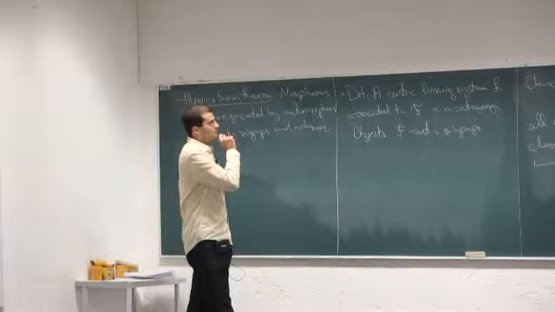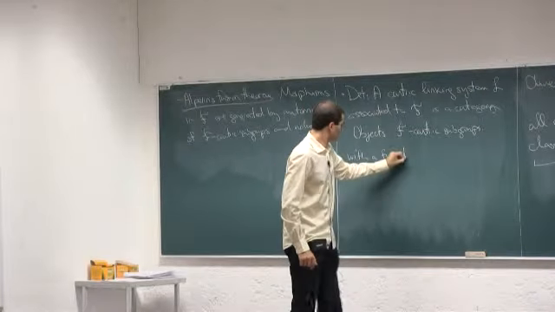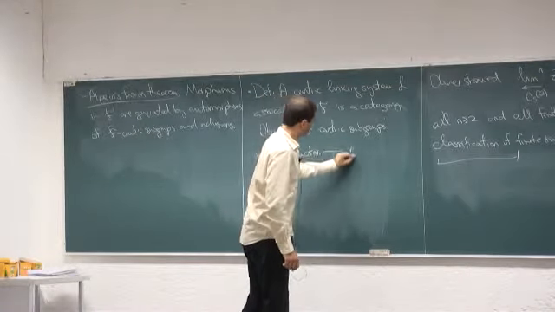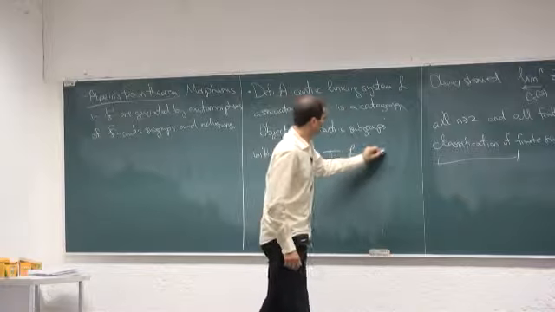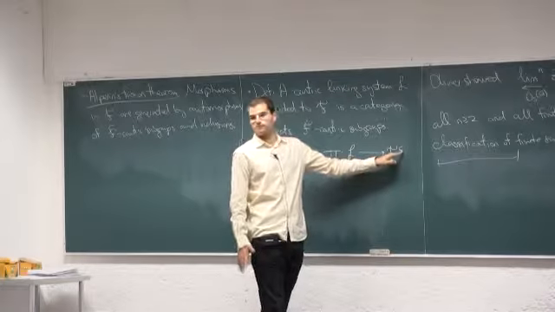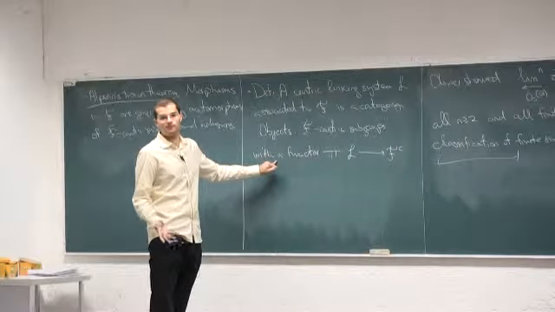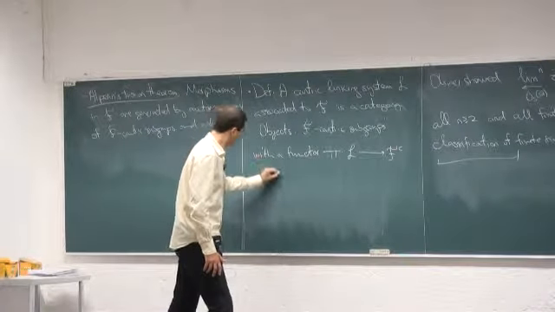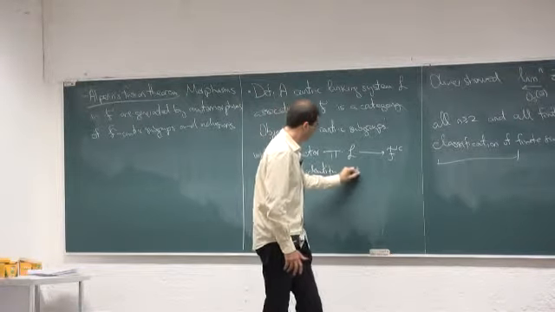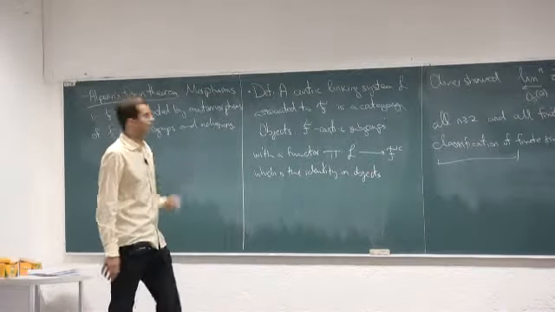Now, this category must come with a functor from the linking system to the full subcategory of F whose objects are centric subgroups, and such that this functor is the identity on objects. I mean, we are just mimicking what happened in the other case. So this happened. But on morphisms,